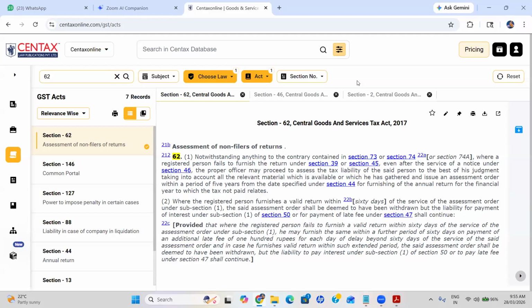I have got one practical issue relating to this non-filer. Actually, in Gandhinagar GIFT City, when we take the registration for SEZ, we need to take the GST registration immediately. But what is happening is that the rupee account is not opened immediately. It takes 3 to 4 months. So by that time we are not able to file GSTR-1 and 3B. So practically it is happening that the number gets cancelled every time we get the GST registration, for want of a bank account. So I think there is no provision which